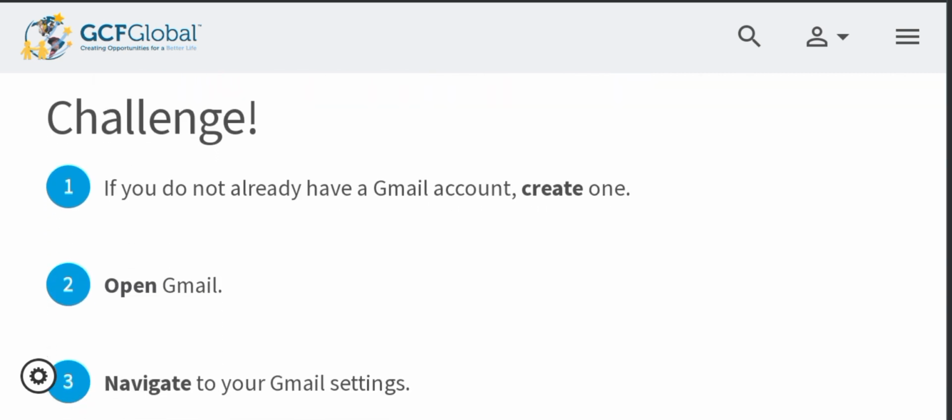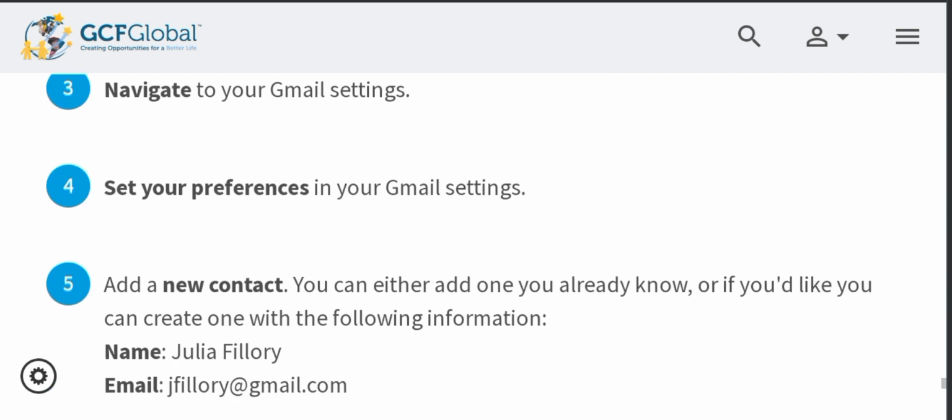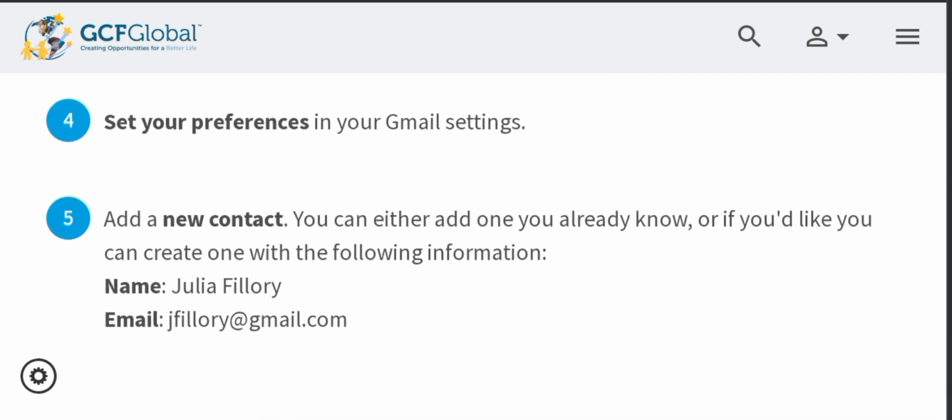Challenge: if you do not already have a Google account, Gmail account, create one. Open Gmail. Navigate to your Gmail settings. Set your preferences in your Gmail settings. Add a new contact. You can either add one you already know, or if you like, you can create one